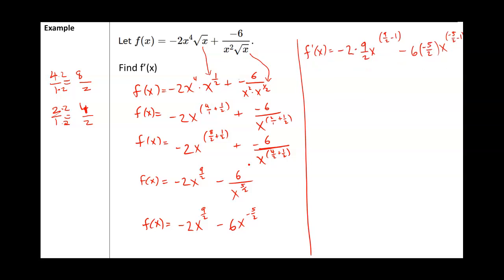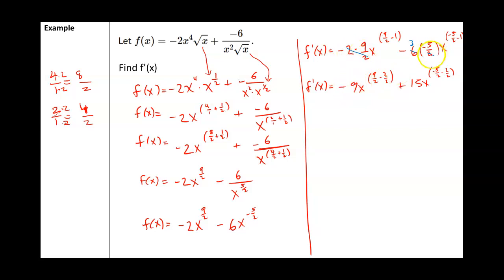So in the actual differentiation, the 9/2 comes down. We have negative 2 times 9/2, and we subtract 1 from the 9/2. Same thing with the negative 5/2. It comes down, so we have negative 6 times negative 5/2, and then we subtract 1 from the negative 5/2. Once again, let's get a common denominator. So we have negative 9 over 2 minus 2 over 2. And notice that these two divide to be 1, so we can cross those out,